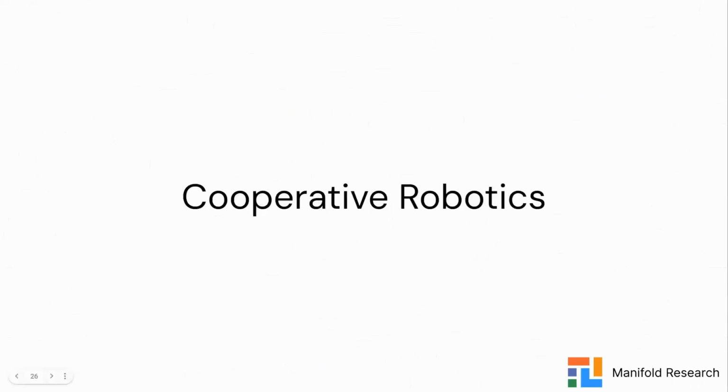Okay, thank you very much, Pranav. So my name is Sid. I'm the lead for the cooperative robotics project. Cooperative robotics, it's sort of a general term. It means any multi-agent system of robots where they cooperate on some global task. Now, we've touched on this earlier, but robotics is sort of embodied intelligence, right? It's embodied AI, and it's the link between the physical world and digital world. And so it has almost limitless applications. And so you'll notice that a lot of our projects have a robotic spin on them.